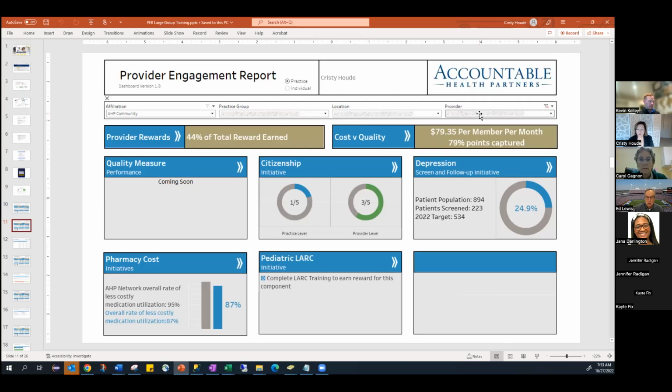Also, because I'm down to a provider level, I can see citizenship is now populated, because citizenship is earned at a provider level, but it's based also on practice engagement and provider level engagement,